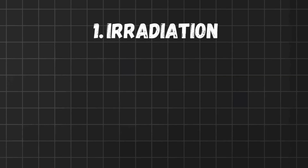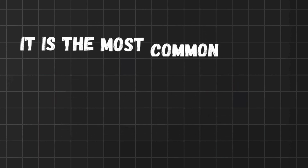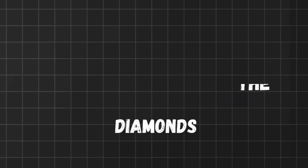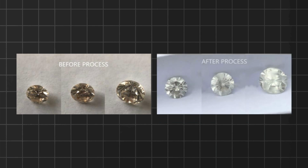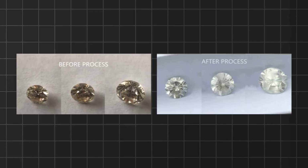So what are the different methods in which the diamond is treated? Let's get to it. The first one is irradiation. So what exactly is irradiation? It is one of the most common methods to this day to enhance or change the color of the diamond. So if the diamond has a little bit of yellowish color and you want to make it really white, I wouldn't really call it white because we don't call the diamond white, right? We call it colorless. So if you want the diamond to be more colorless and more lustrous, then you do